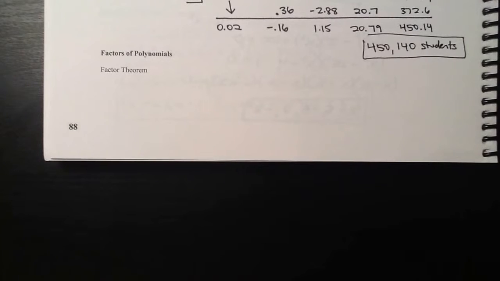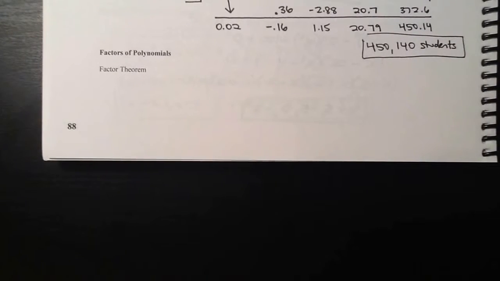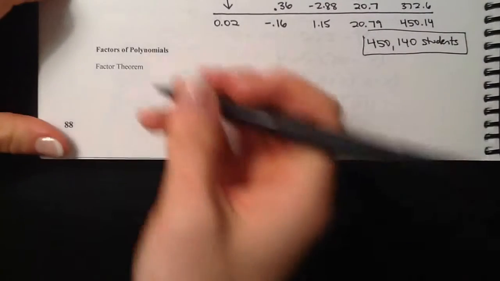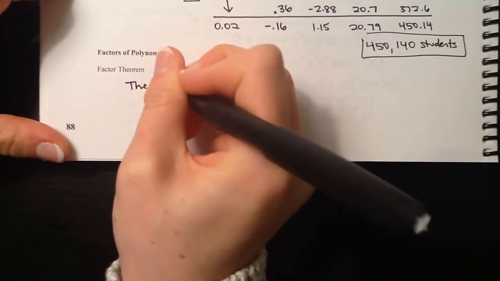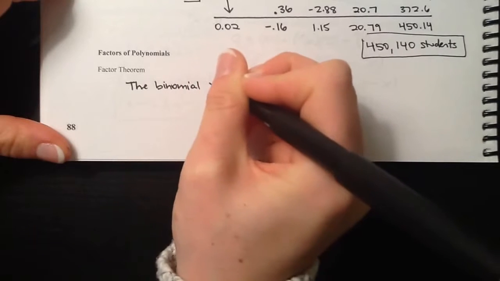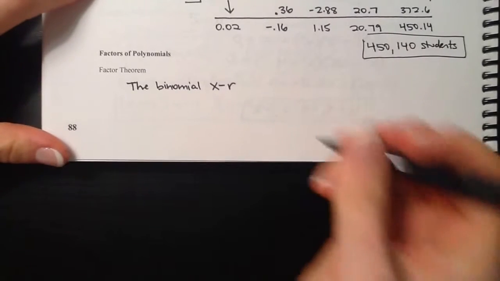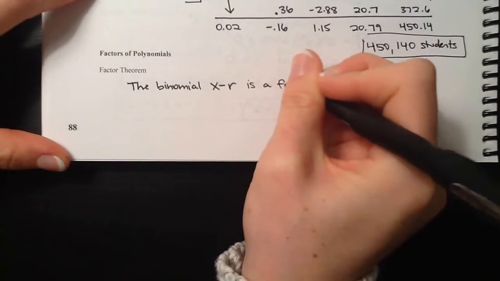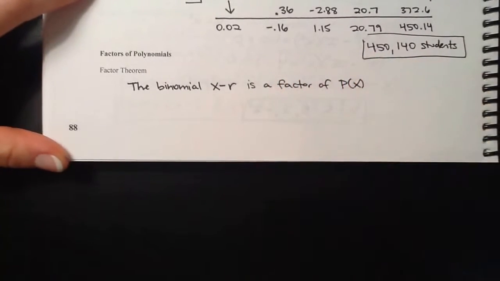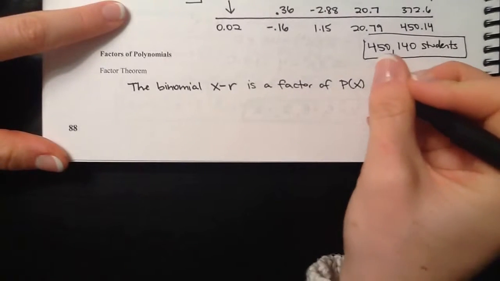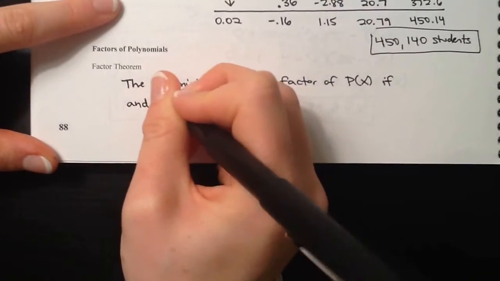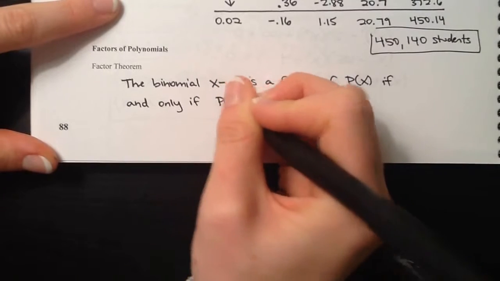All right, so in our previous video, we learned about something called the remainder theorem, and that basically tells you if you want to plug a certain number into a function, you can just do synthetic division and you'll come up with the same thing. Whatever your remainder is, that's what you would have gotten by plugging that value in. So the factor theorem is a very specific version of the polynomial theorem. It says the binomial x minus r, so it could be like x plus 2 or x minus 4, is a factor of p of x, remember, p of x represents a polynomial, if and only if